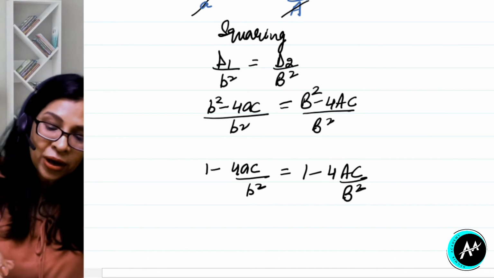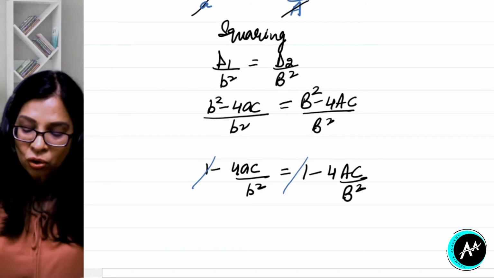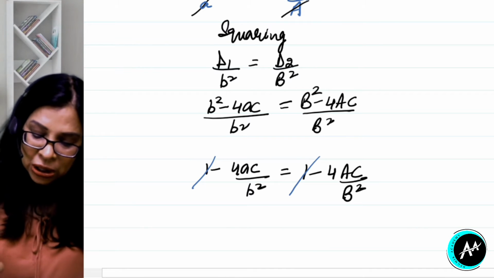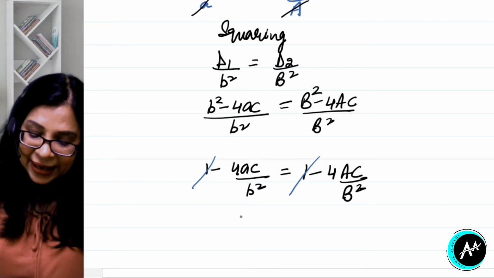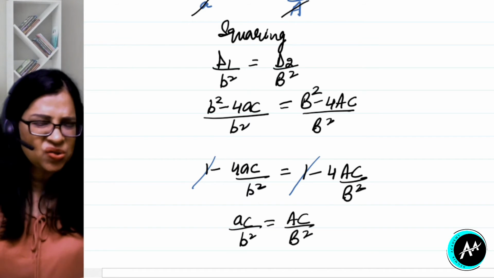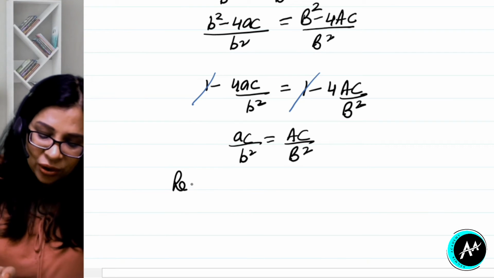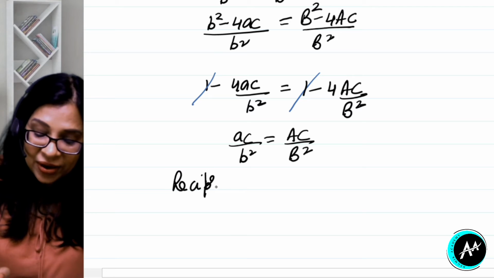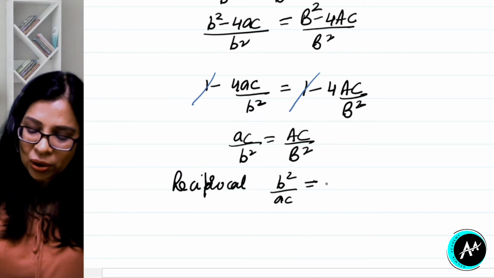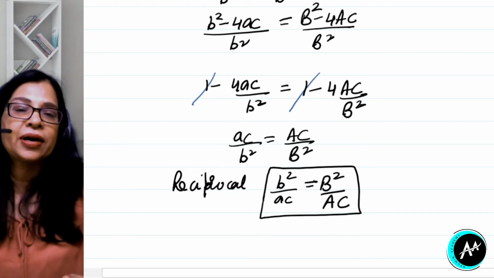Now look here, we have 1 will get cancelled, isn't it? Minus 4 also you can cancel, right? 1 is cancelled with 1. You can cancel out minus 4 also. So we will be getting here AC upon b square is equal to capital AC upon capital B square. Either you can memorize the condition in this form or you can take reciprocal. So if we take reciprocal, what are we getting? Let's see. We are getting b square upon small AC is equal to capital B square upon capital AC. Okay. So this was the condition, isn't it?